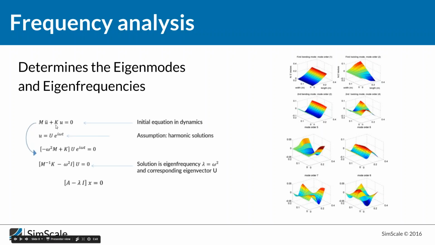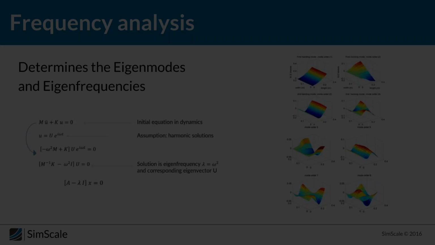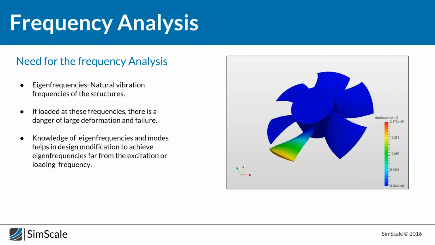and those have to be in equilibrium. And if you want to get out those eigenfrequencies, what we assume is that the solution for the acceleration, as the second derivative of the displacement, is a harmonic solution. And this is simply the template we insert into the equation, and what we get out is this kind of matrix equation where we get, as a solution, on the one hand this vector u, which is the eigenvector of the equation and which is represented by the eigenmodes in our application, and we get the eigenvalue, which actually represents the eigenfrequency in our application. And this is already, I think, enough from the theory part,